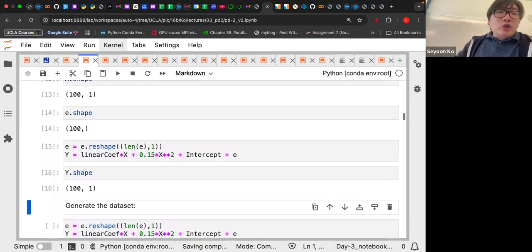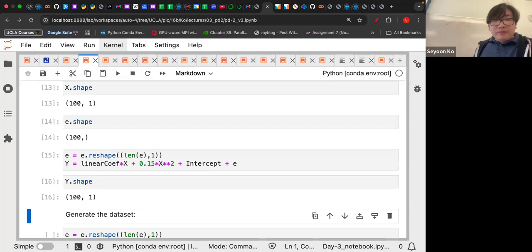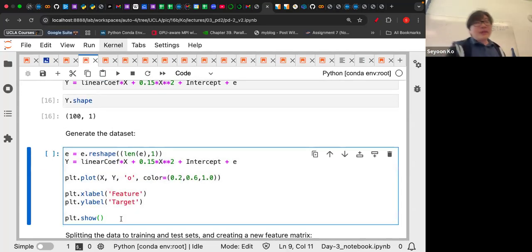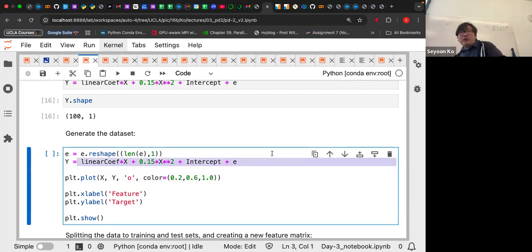So be careful when you operate between NumPy arrays, particularly if they are of different shape. Let's generate the dataset. So we start with reshaping the errors, and we put this model to y, and let's